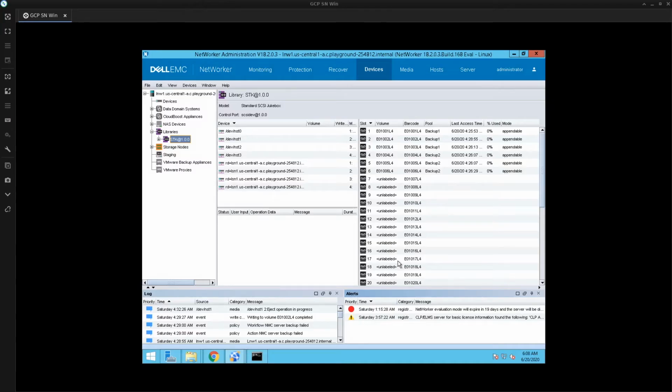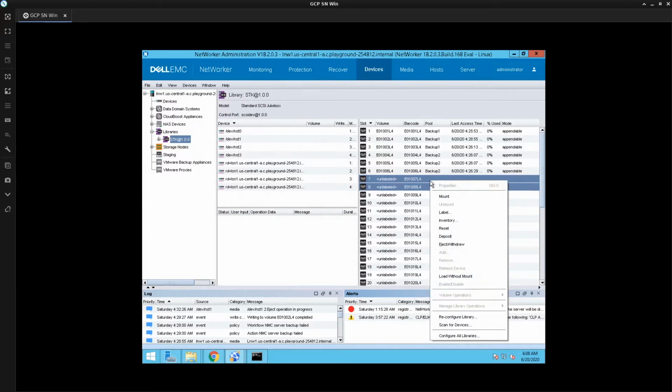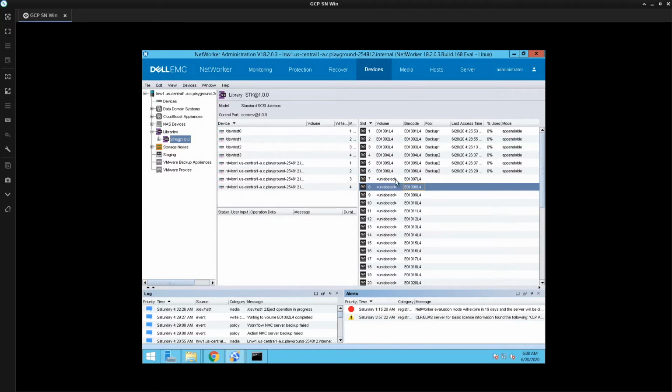If you have already seen the earlier video regarding the jukebox configuration, we have already labeled a few tapes for that video. But for those who have not yet seen that video, let's go ahead and label a few volumes. Labeling a volume to a particular pool is pretty simple. What we are going to do is select the respective tapes. Now, if you look at these volumes and the volumes above them, you will see that the volume field is empty for the tapes below the slot 7,